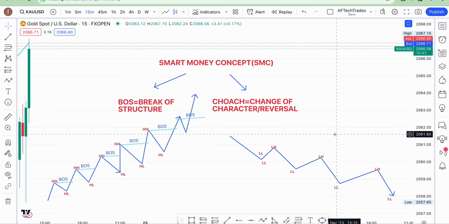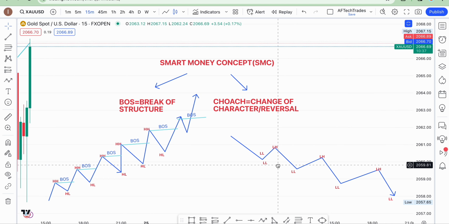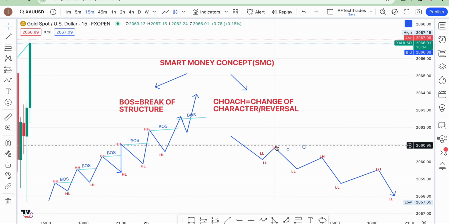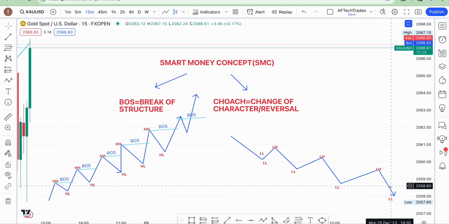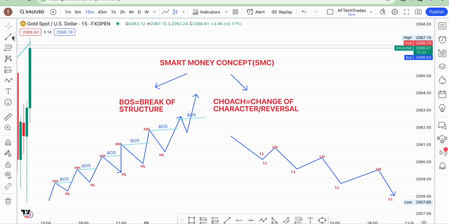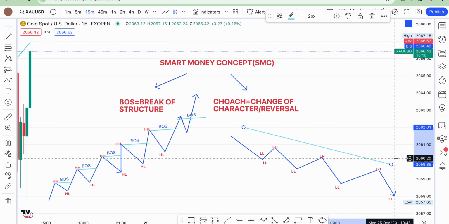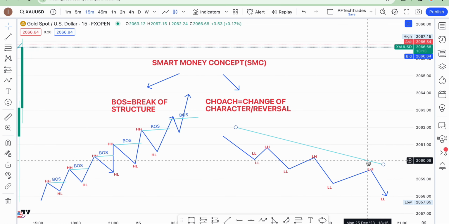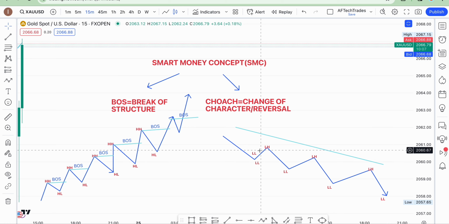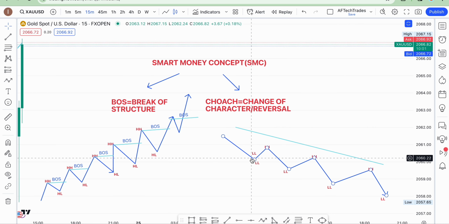Similarly, in the downtrend, you can see it here, where we're having a lower high and a lower low, right? A lower high and a lower low, just like this, which we know is a downtrend movement. Any place you get a lower low and a lower high, it's a downtrend movement, right? So how do you know that there's a break of structure here? It is because it breaks through the previous lower low and goes down below it. We have a break of structure.